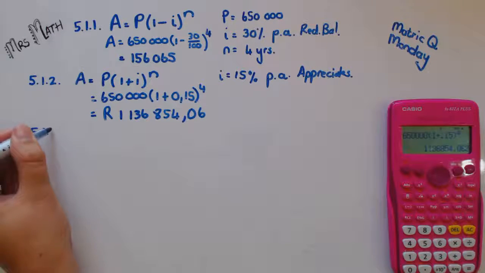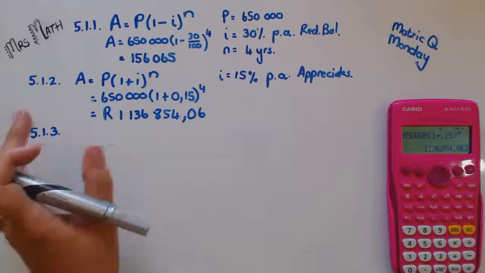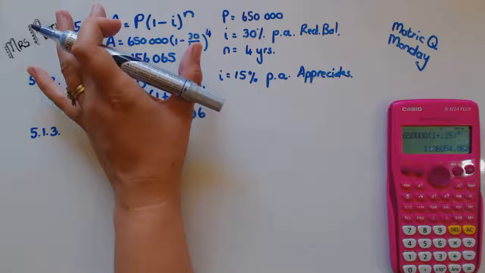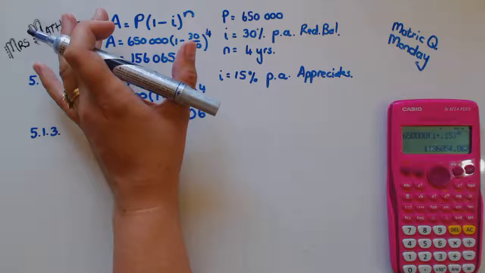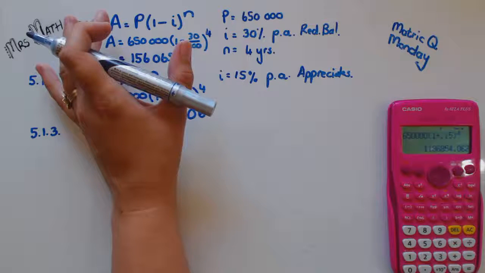Then it says, this is a long bit, I'm going to read through it. Dumisani plans to replace the original truck in 4 years' time. He plans to use the current truck as a trade-in, so he's going to trade in this truck and pay the remaining amount in cash. To save up for the required cash amount, he sets up a sinking fund, making equal monthly installments into a fund earning interest of